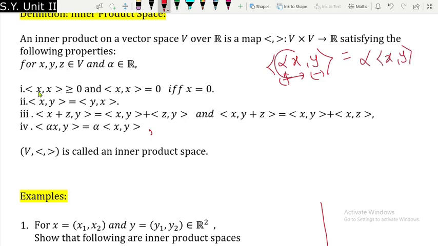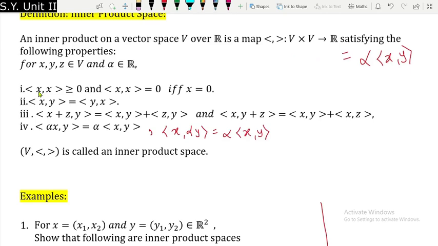Now this is not possible only for the first coordinate, it is also possible for the second coordinate, which is not mentioned here. So inner product of x with alpha y will be equal to what? Alpha times the inner product of x with y. Is that okay? So this property also holds for the second coordinate. I mean, in the second coordinate, if we are having some real number involved, then that real number can be taken out. So if all these four conditions are satisfied by a certain map from V cross V to R, then